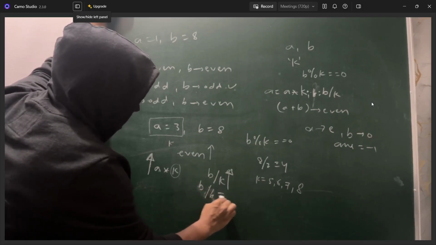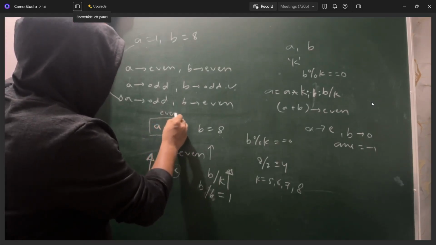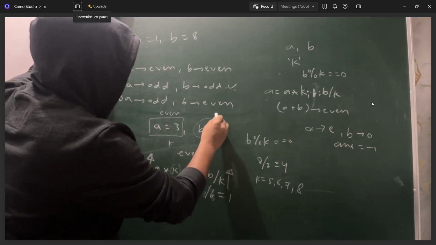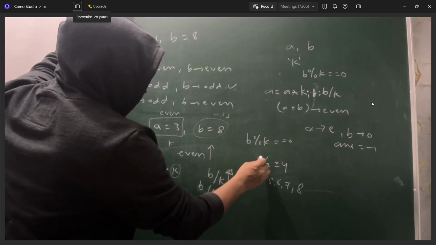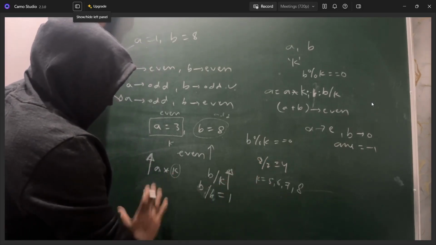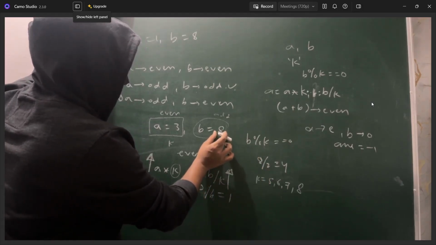So when you are doing b by b, you are getting 1. And no matter whether you have even or odd here, since this is odd, I mean b by k will be odd, so your answer will not be possible. That's why, in order to maximize the even sum,